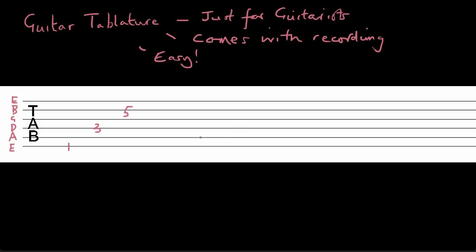So say we wanted to play a standard E chord. Well, we need 3 fingers down, and I think if you can imagine the way we do that on the guitar. So to play this E chord, what we need to do is take our first finger and put it on the first fret of the G string, then take our third finger and second finger and put each of those onto the second fret of the A and D strings, and that will make our normal standard open E chord. So right away we're already starting to read guitar tablature, and it's really as simple as that.